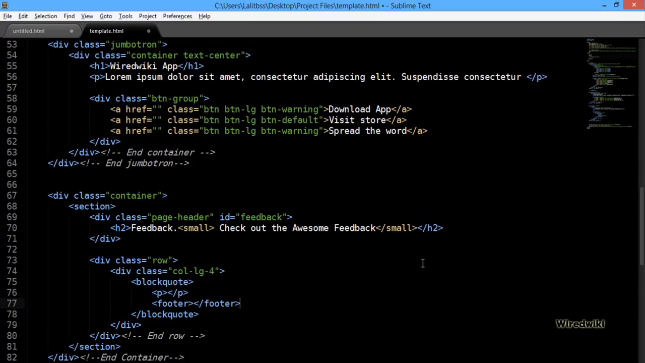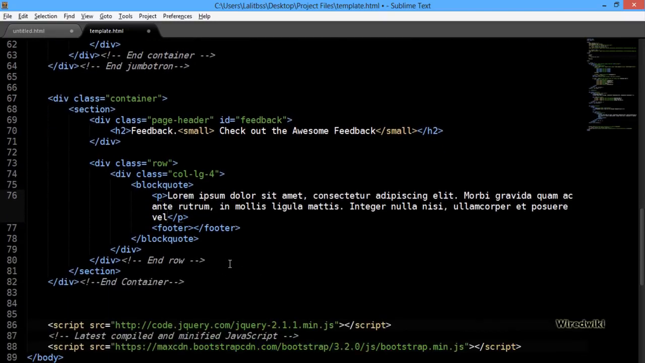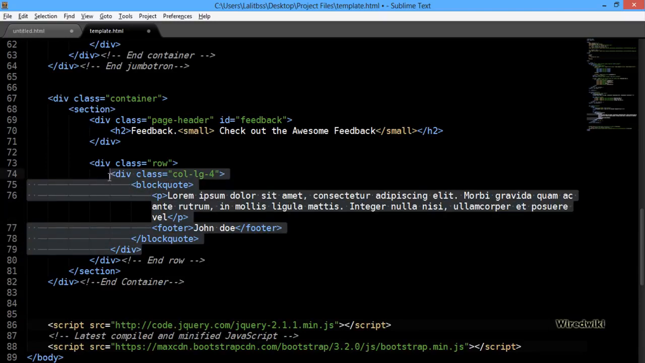For the paragraph, I'm going to go to the Lorem website and copy a certain text. Control V, paste this, and inside the footer I'm gonna name the author. I don't know who said this, so I'm gonna add John Doe. So we have our paragraph inside a blockquote. If you don't know about blockquote, you can check out the HTML. It's used for creating block quotes, and inside this I have added a footer with the name of the author. So I'm gonna save this, copy this whole column,